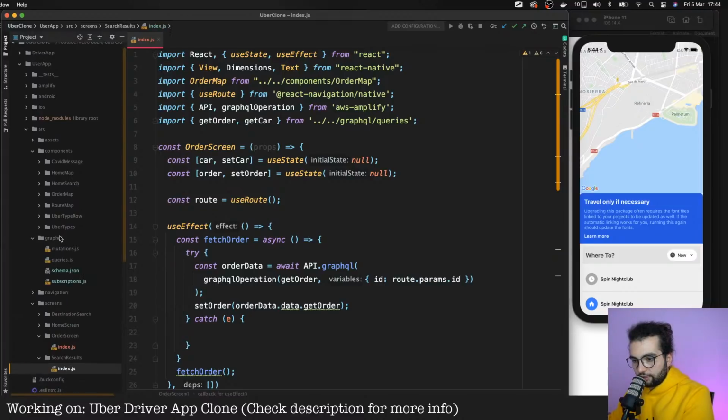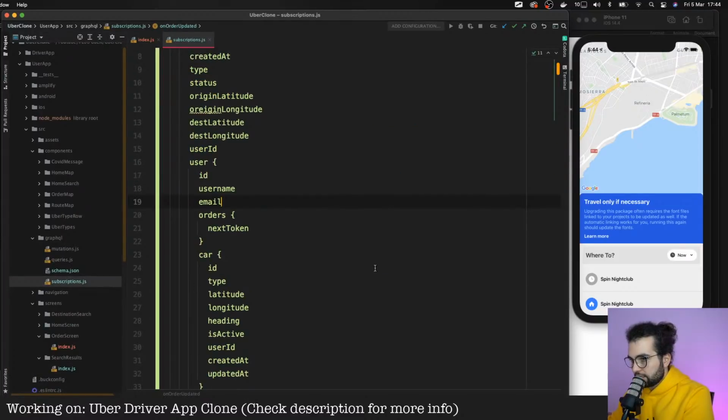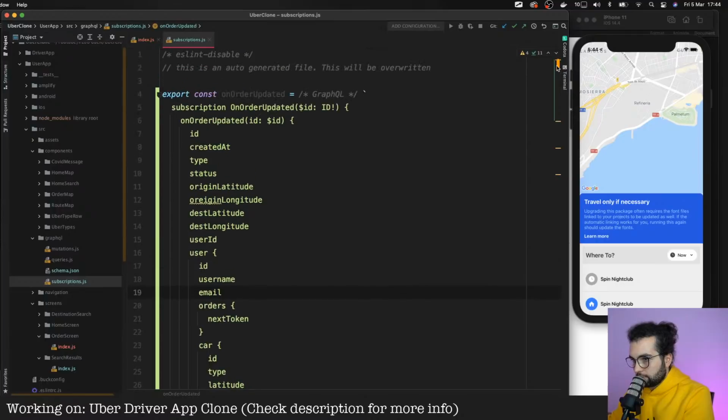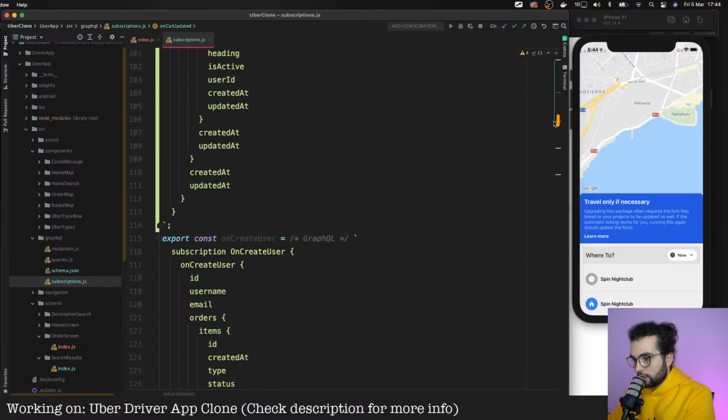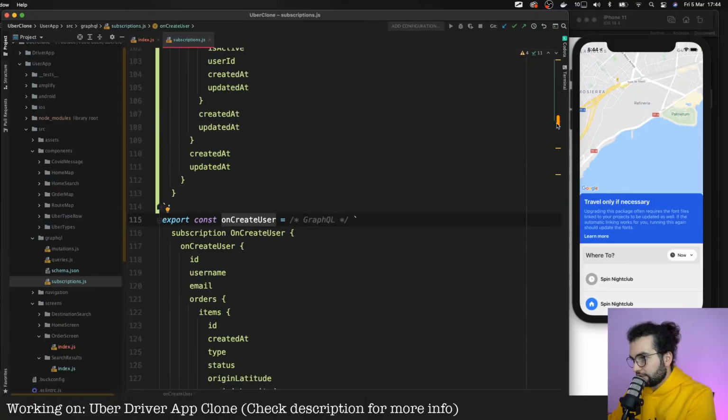The things that it generated, subscriptions, and here we should see a subscription onOrderUpdated with the ID, and this is what we will need: onOrderUpdated and onCarUpdated with ID, and the rest are the ones that are automatically generated.